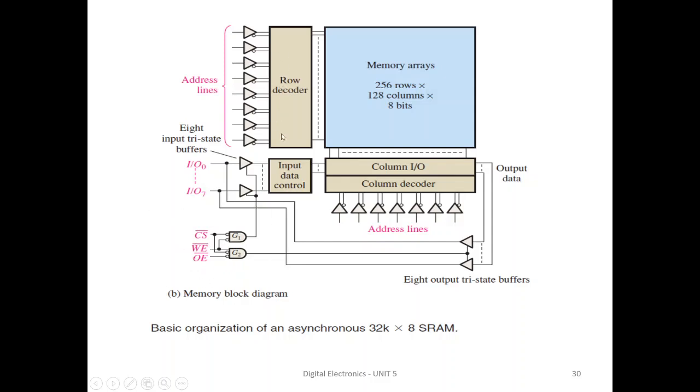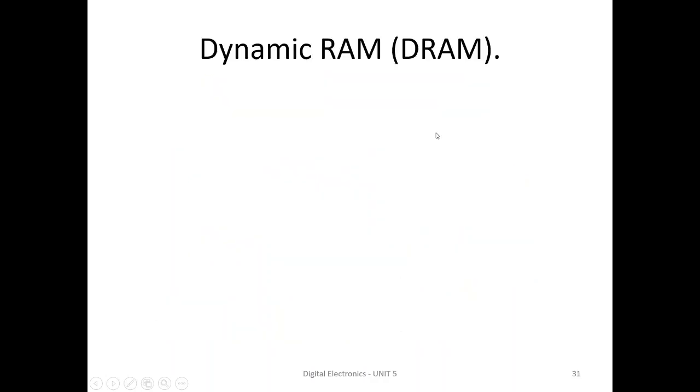According to that, the address is decoded and taken here, and from that you are going to take your output. Where exactly my address is decoded, from there I'm going to take an output in a read operation, and there exactly I'm going to write in a write operation.